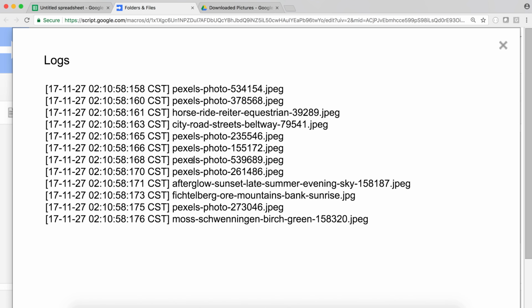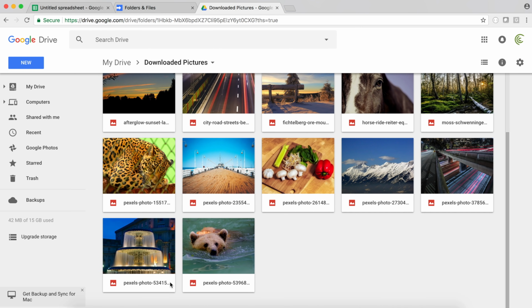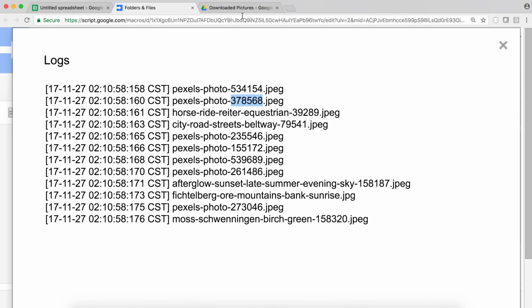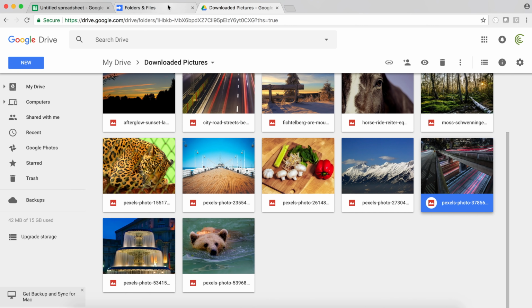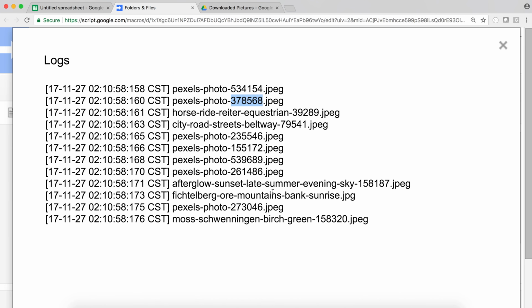4, 5, 6, 7, 8, 9, 10, 11, 12. And perfect. So we start with this 534154, which is this one for whatever reason. And then 568 is the next one, which looks like it's this one. Anyways, and then we run through all these files to get what their names are, and we got a list